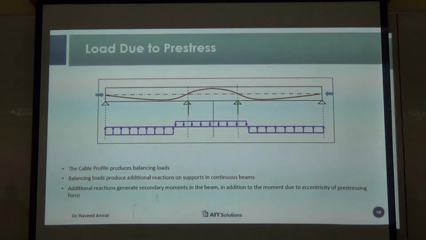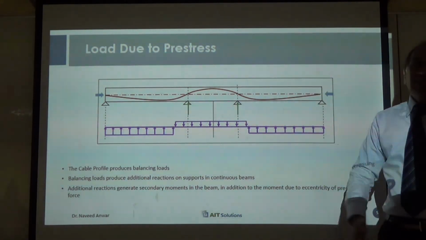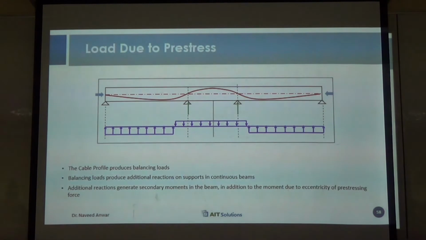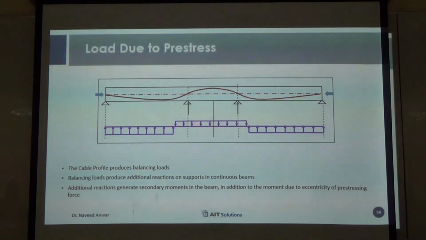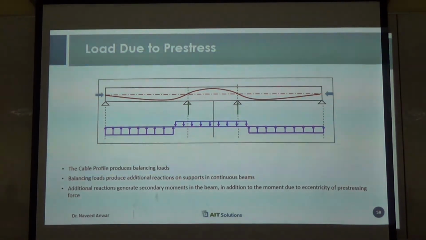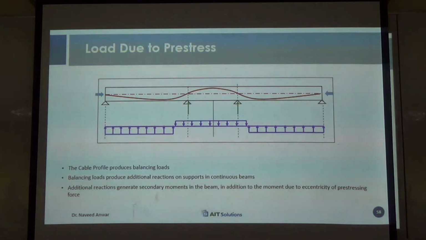So the main trick is to create the stages of the loading and combine them with the stages of the bridge construction. At what time a particular cable is stressed and what part of the bridge is present at that time is important. Otherwise, the pre-stressing cable can pull the whole bridge up, negative